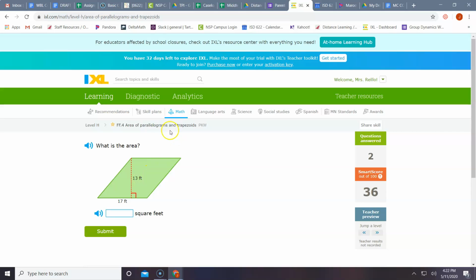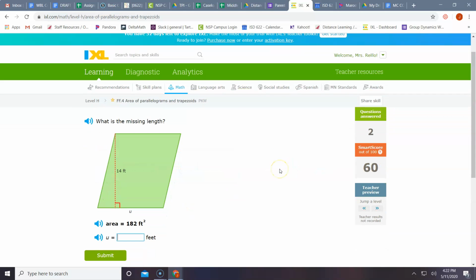So same thing. This one you can see as a parallelogram. How do I know? Remember, we have 2 pairs of parallel sides. Okay, I'm just going to jump up again and see what else we can get. Now this one, like in some of our others, it wants us to work backwards to find the missing length. So we're going to try and find the side. So we're going to start with our area. And since this is a parallelogram, I know that my formula is just area equals base times height. I'm going to plug in my area, which is